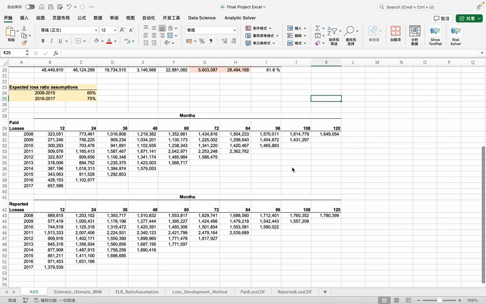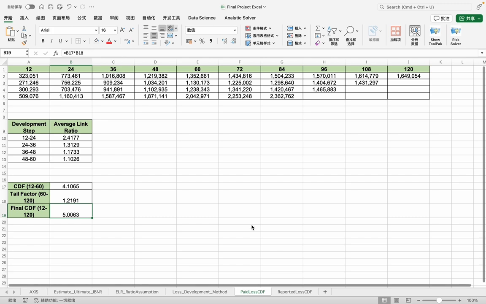First part is the evaluation of the IBNR and ultimate losses estimates computed by AXIS. To evaluate AXIS IBNR and ultimate loss estimates, I first extracted the paid and reported losses triangles from the original Excel file. I focused on accident years 2008 to 2011 as they were the most mature and had sufficient development